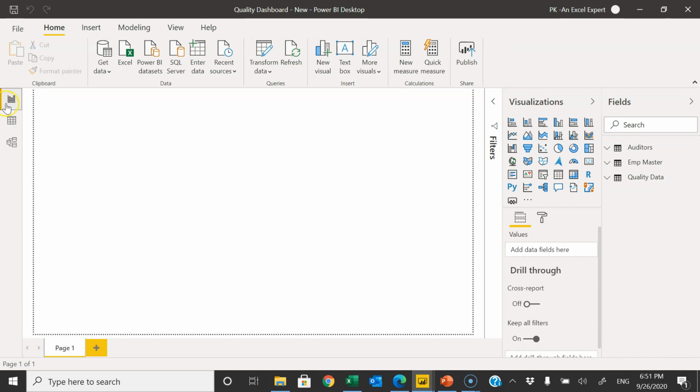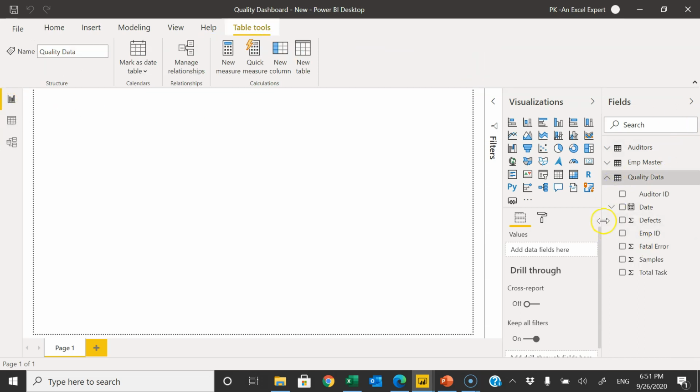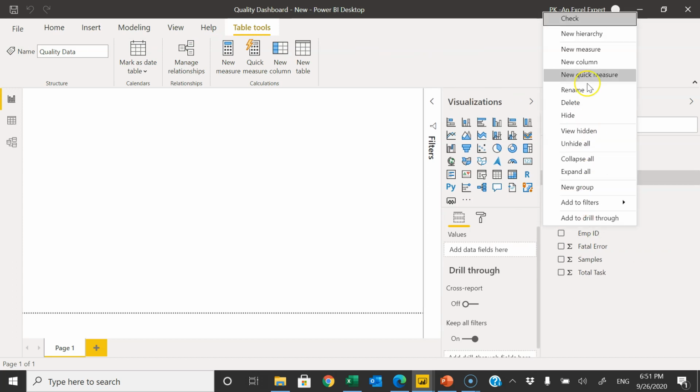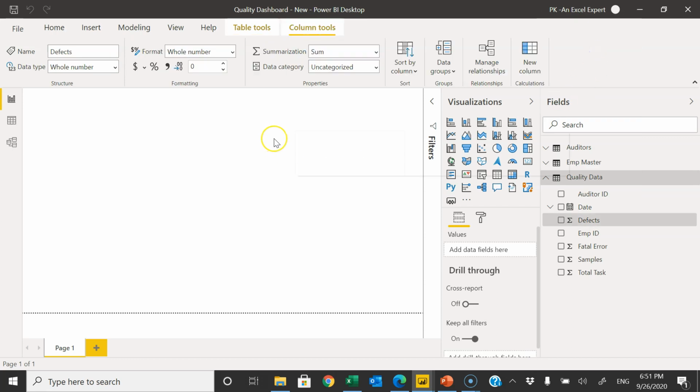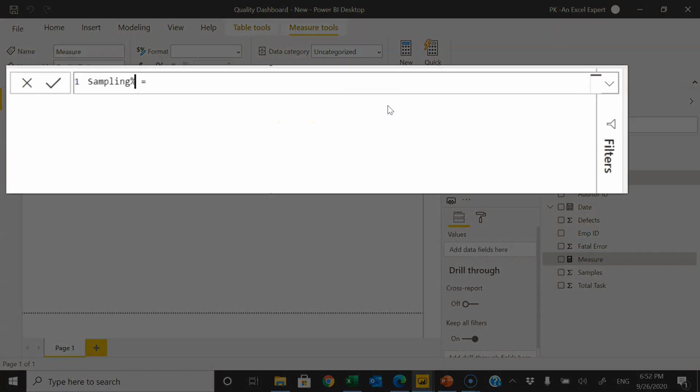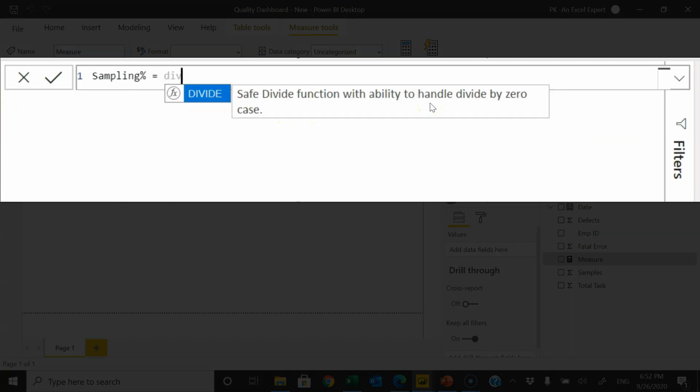Now let me go to the report view, and here we will create a few measures. Let me create the measures in this quality data table. Just right click and click on New measure. The first measure we will create is sampling percentage, and here we will use the DIVIDE function.